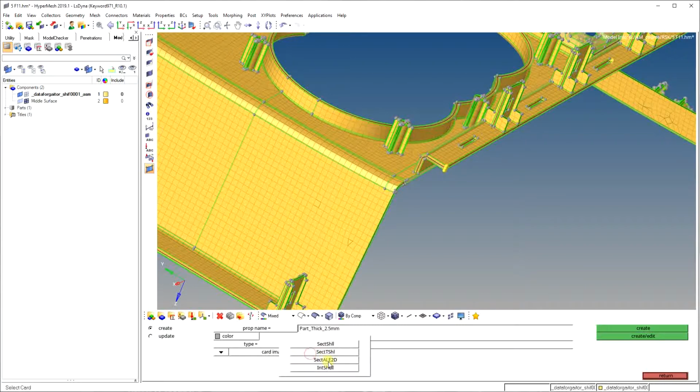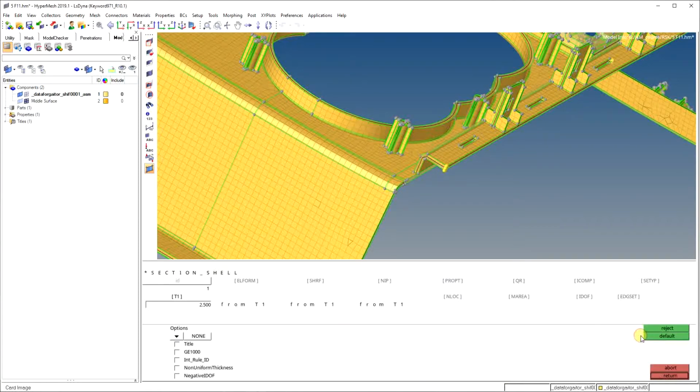In this we have to choose the section shell, meaning we are defining the section shell for this particular element. Now we have to specify the thickness here. We consider the average thickness as 2.5. We enter 2.5 mm here, click enter. After that click on create edit.